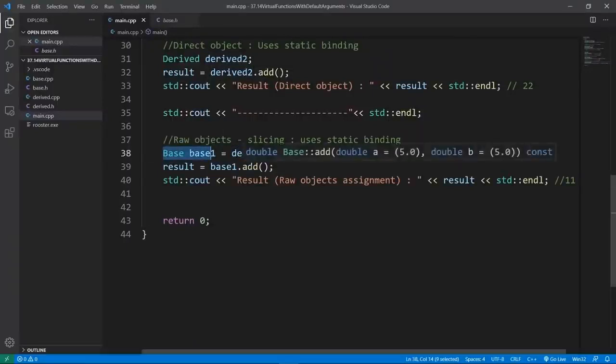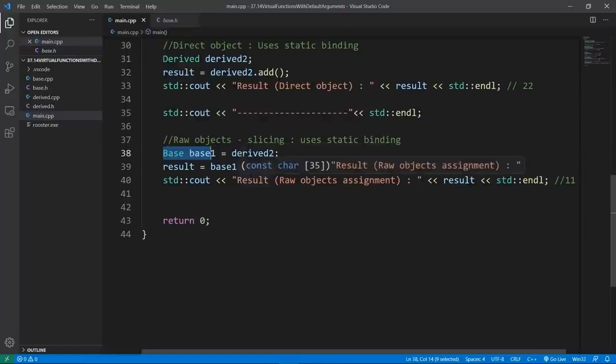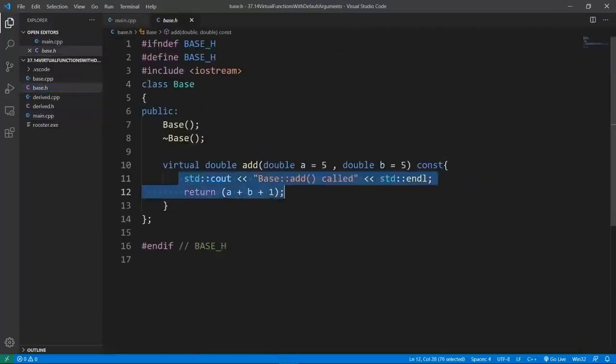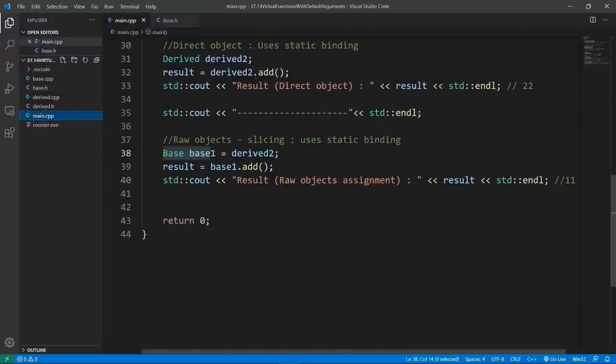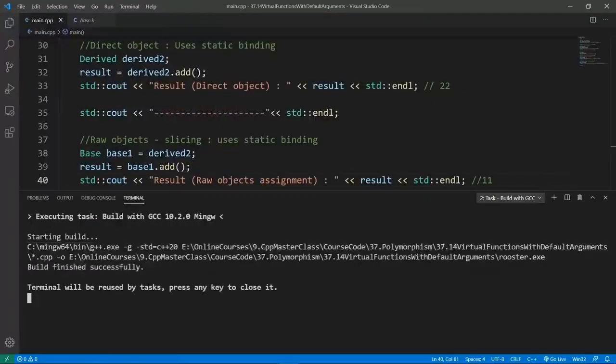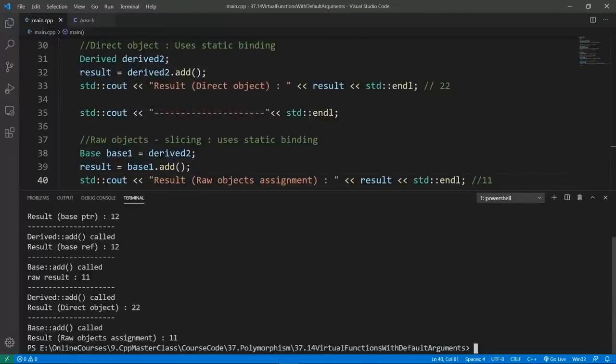And if we call the add function here, you see that we are using the default parameters from the base class and we will use the body of the base class implementation here. So we will add a 5 to a 5 and we will add 1 to that and we will get 11 printed out as we see here. Let's build and actually prove this. We're going to pass this through GCC. The build is going to be good. We can clear and run Rooster and we are going to see that the result is 11 if we do